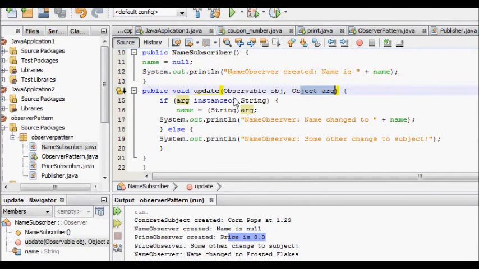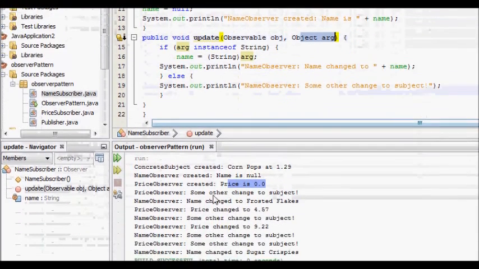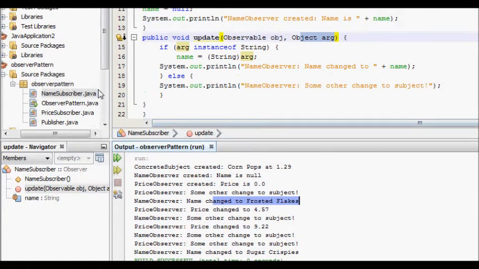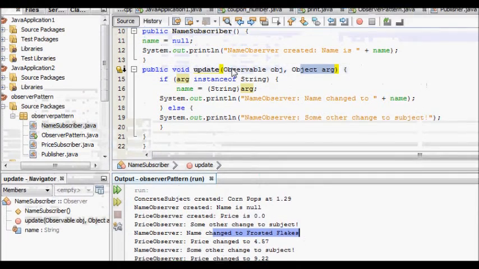Now if it's an instance of string, so it is changing, so the price observer says that okay, some other state has changed, and the name observer says name changed to Frosted Flakes. Similarly, this is the update method that is called in the notify observers.